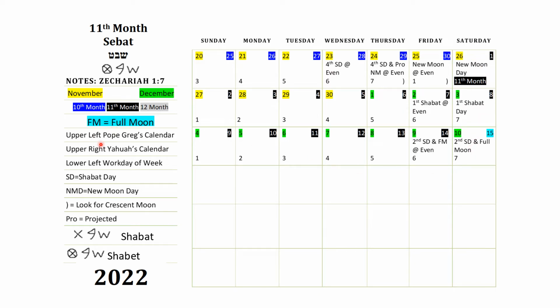And I have the abbreviation over here for full moon. That's why you see that color right there. So the full moon always comes 2 weeks after the new moon. All of them are going to stay in line.